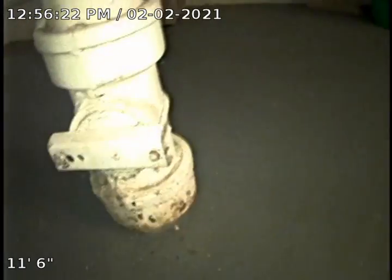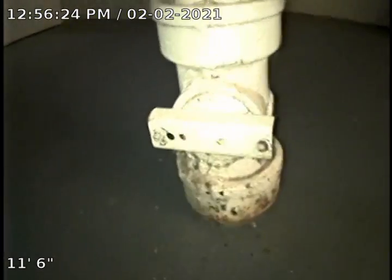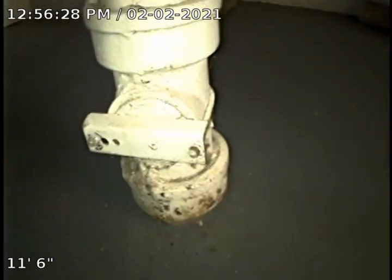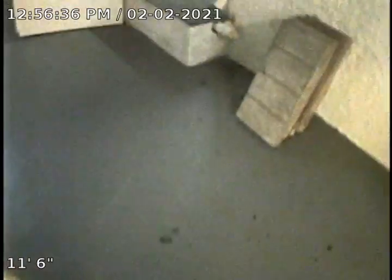The last area I didn't open up, but this is the main stack here. There's a clamp on there. I just left that alone on a 3-inch line there. Usually those break. So, but that's my recommendation, descaling on the floor drain and then running a snake all the